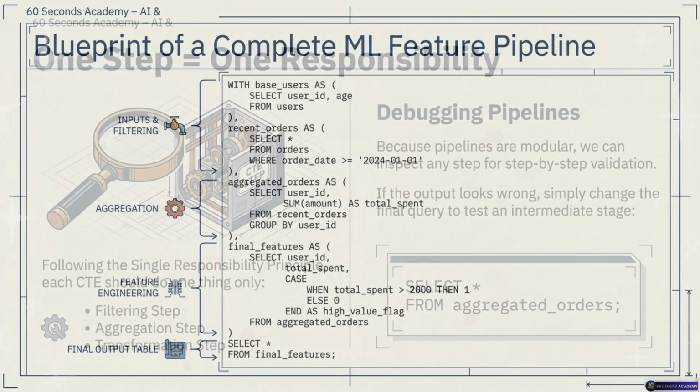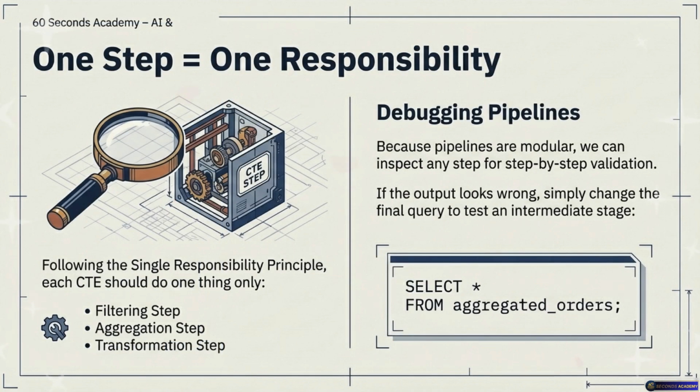And I imagine that makes debugging significantly easier. Exponentially easier. By isolating responsibilities, every single step becomes completely independent and testable. That's huge. It is. Think about it. In a massive nested query, if the final output looks wrong, you have to mentally untangle everything to find the issue. Yeah, which takes forever. Right. But with CTEs, if the final table looks wrong, you just go to your editor, highlight the text, select star from step 2, and you just run that one chunk. You isolate the bug immediately. You are checking the sauce station before the whole dish is ruined.